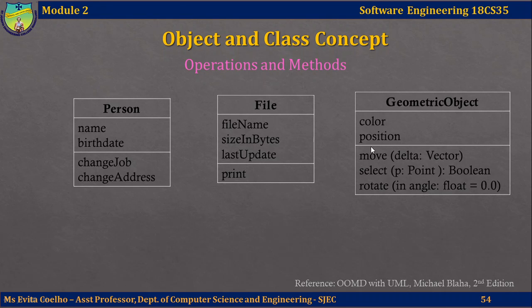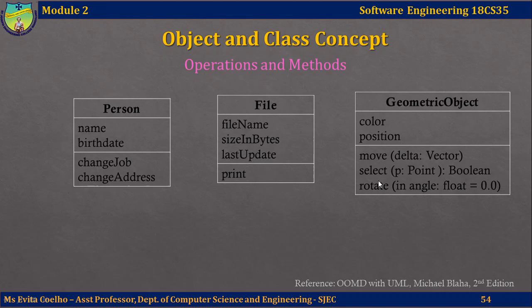Along with having arguments, you can also include a return type, that is, what type of result this operation returns. So if you look at the second operation, you will get a little more clarity. The second operation, select, has an argument list, one argument of type point, and when you close this argument list and then put a colon and write Boolean, this is the return type of the result. Understand that I have not specified a return type here.